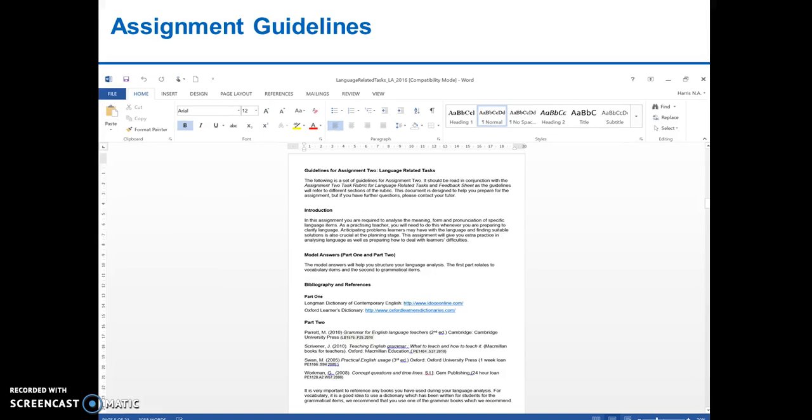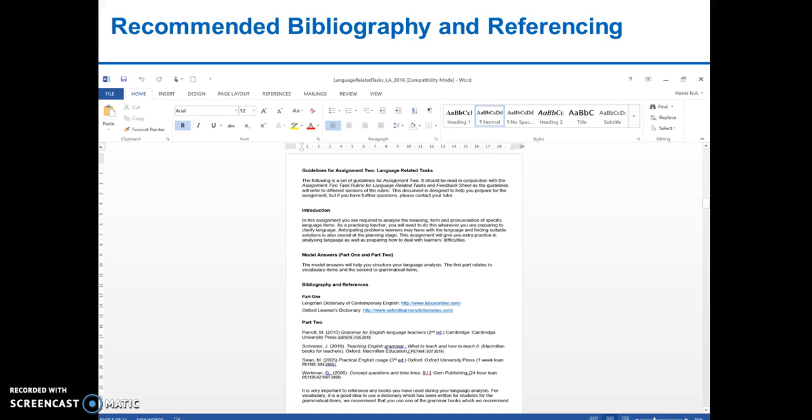We also support you in the assignment pack with a set of assignment guidelines. Please read these carefully and highlight the key information as you go along. And again, if there are any queries, speak to one of your tutors who is always available to help. Within the guidelines, we also provide you with a recommended bibliography and information on how to reference the material that you've used to research. For the language-related task part 1,